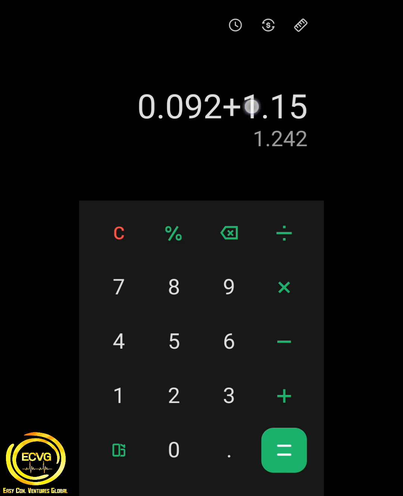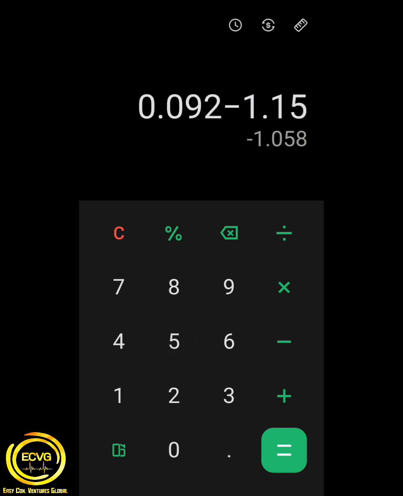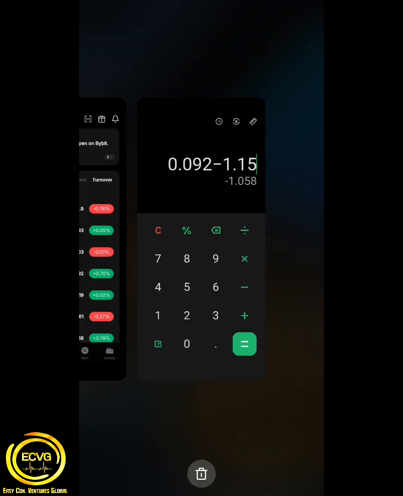Let's minus it. You will now minus it again from the current price, 0.15. I'm using 8% on both the lower price and the higher price. Now, if you minus this 8% again from the current price of SROP, look at what it will give you here. This is what it will give you. You see? So this is what we are using for the lower price. Write it down. Then after you have done this, you will now go to your